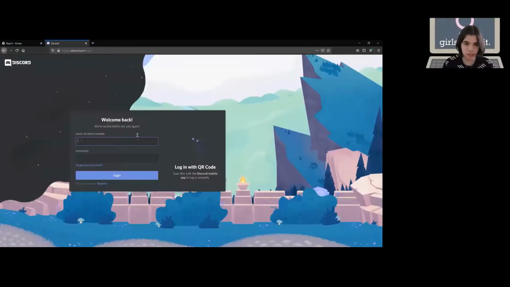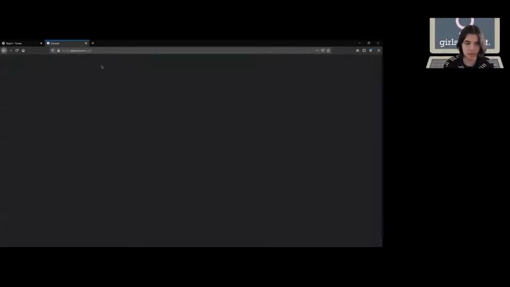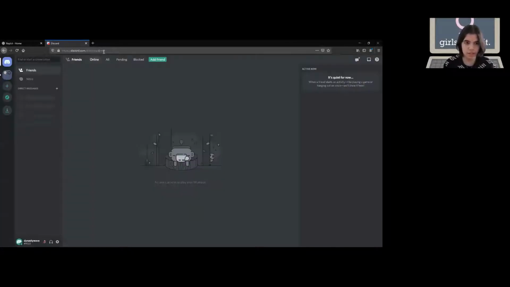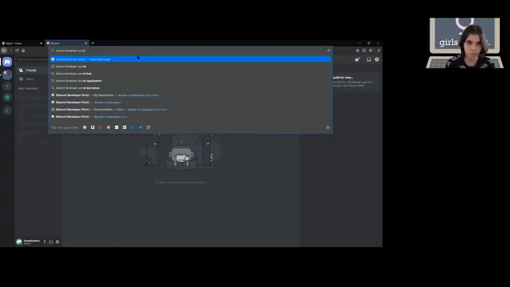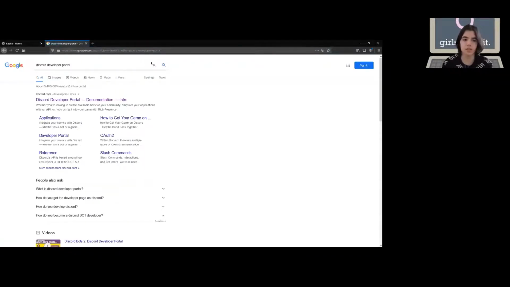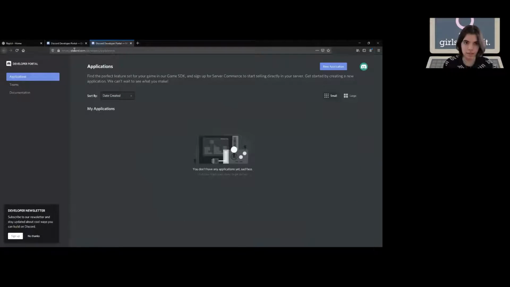To get started, you're going to want to log into your Discord account, like so. And you're going to want to go to something called the Discord Developer Portal. This is where you're going to get started with creating your bot. So you open up this page, the Discord Developer Docs here. And down here, there's a link, go make an app. You can click on it, and this takes you to